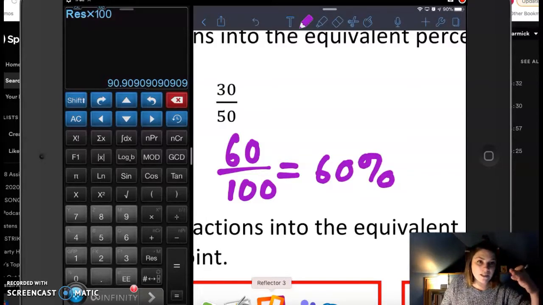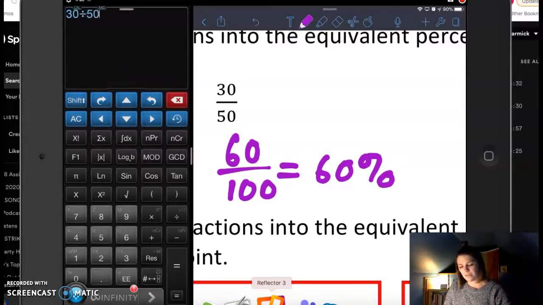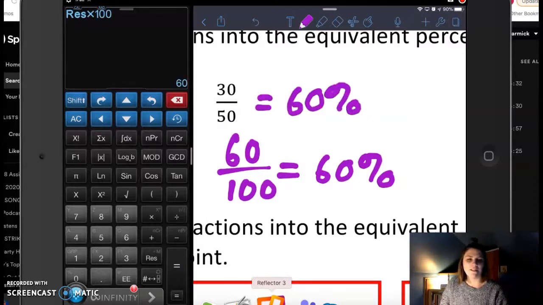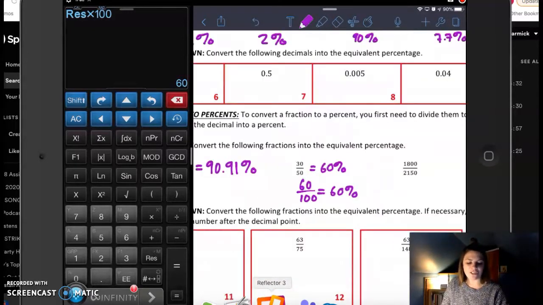Hey, you know what? If that was over your head, it's okay. We can use a calculator. I'm a calculator person too. So we're going to do 30 divided by 50 times 100. 60%. All right, I just like to show you lots of different ways to try and do these questions because